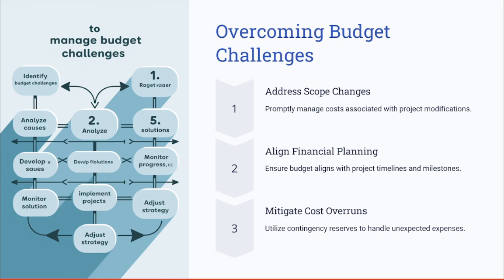So ensure that these deviations are addressed promptly with the stakeholders. You may also align the financial planning with the project timelines and mitigate the risks of cost overruns by having well defined contingency reserves. So, if you as a project manager feel that you might suffer from scope changes or scope creep in terms of adding extra requirements, features, needs or infrastructure to your project, you need to account for these risks and set contingency reserves to meet these cost overrun risks.